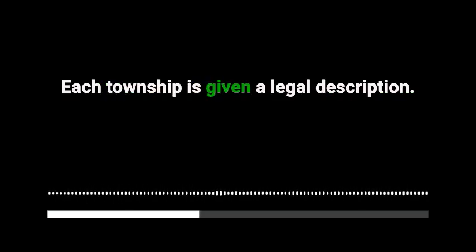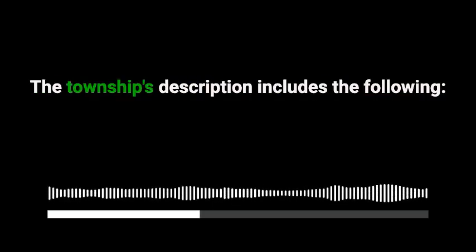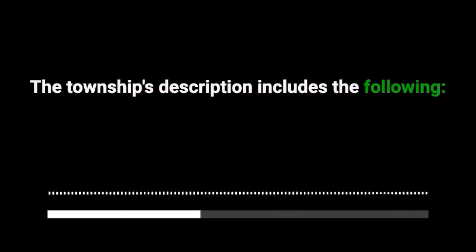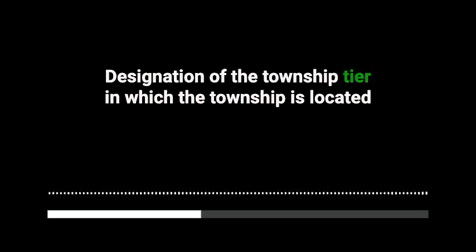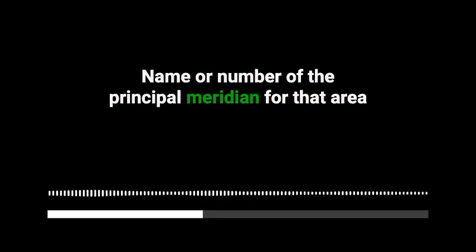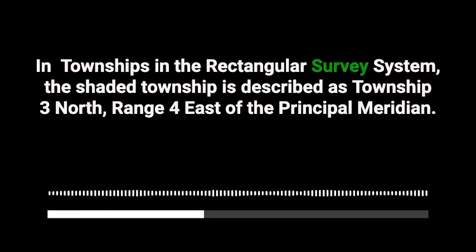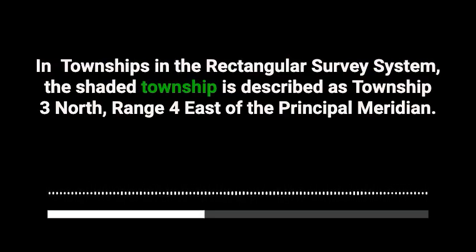Each township is given a legal description. The township's description includes the following: designation of the township tier in which the township is located, designation of the range strip, name or number of the principal meridian for that area. Example: in townships in the rectangular survey system, the shaded township is described as Township 3 North, Range 4 East